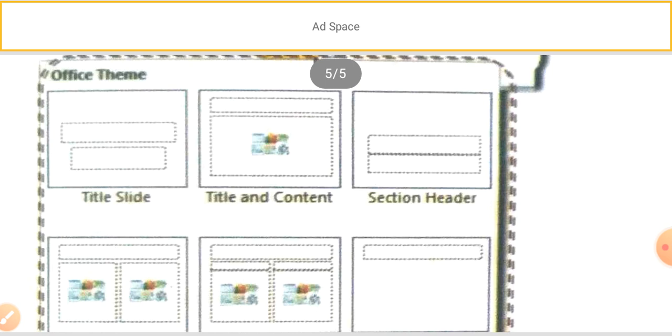Now, what is a slide that we have to see? A slide is a single digital page of a digital presentation. A slide may contain text, visual objects, a hyperlink, audio or video, etc. As I already told you, we prepare the presentation so that it can be easily understood. A slide is a single digital page of a digital presentation, and it may contain text or graphics, video, audio, images, etc. This is called the slide.